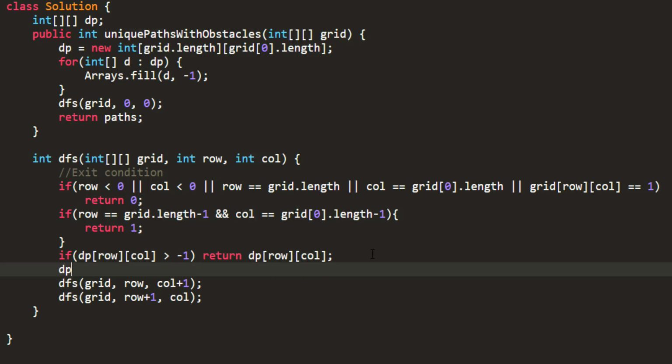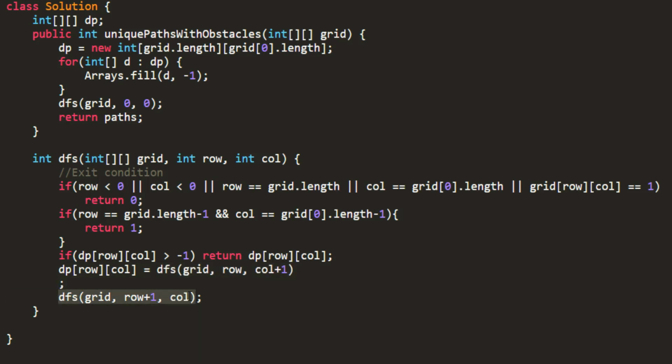Then my DP value of row col would be set to the addition of the paths from right and bottom. So I'll use this DFS over here, and the addition of both of these would be my answer that I'll be storing in my DP array.